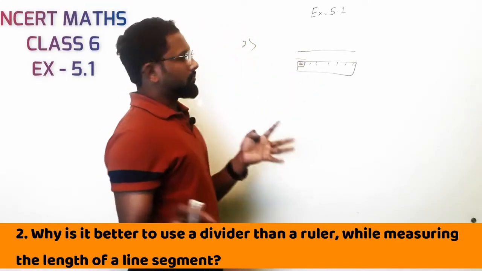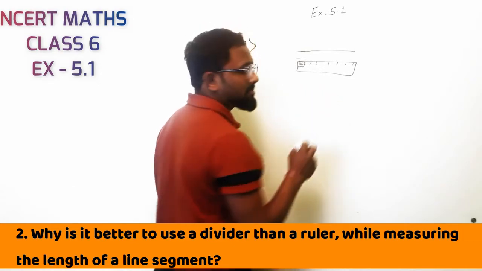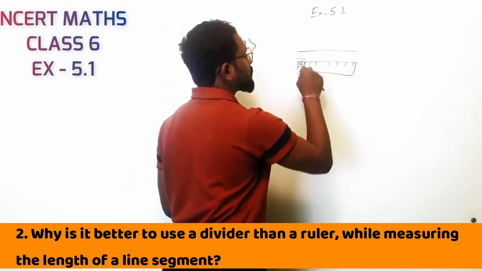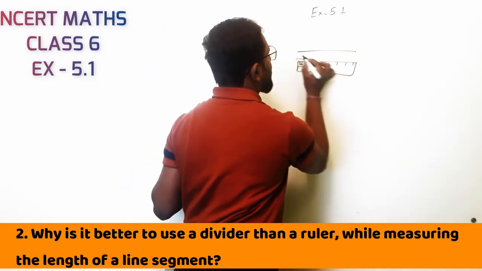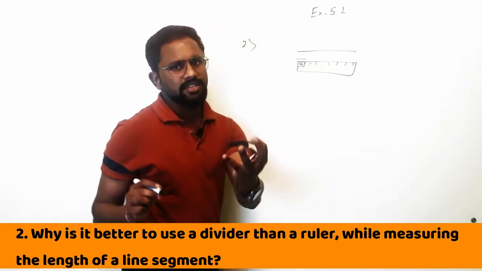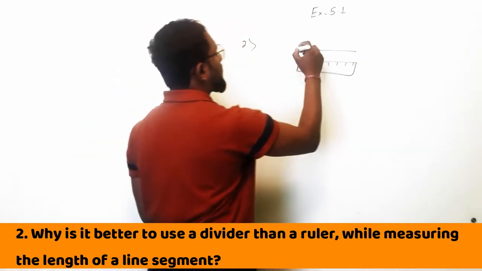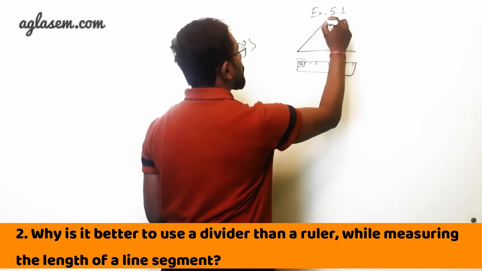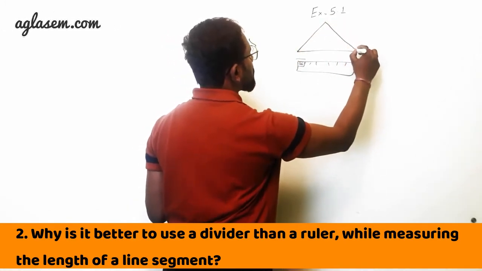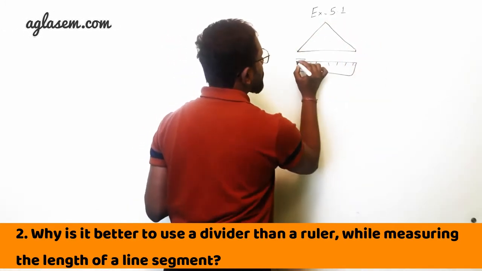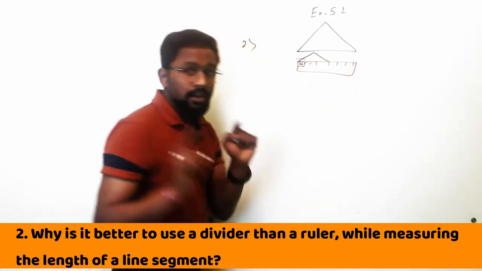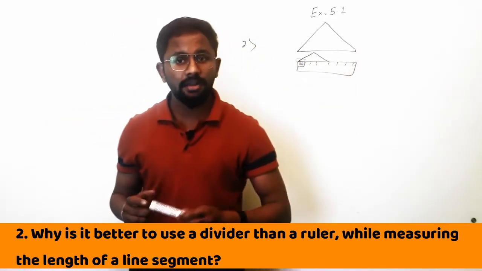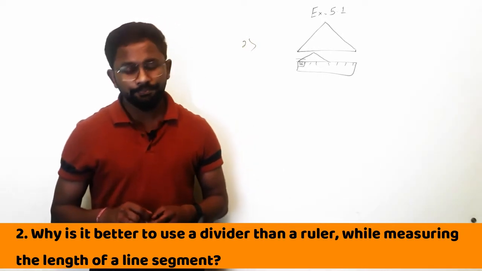So the material by which the scale is made can be thicker or can have some defect, so the exact length cannot be measured. There can be some error. But if you are using a divider, by putting one tip of the divider from here and the other here, and then placing it on the scale, you can have the exact measurement of that particular line segment, okay.